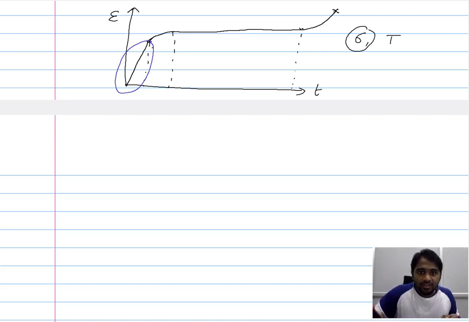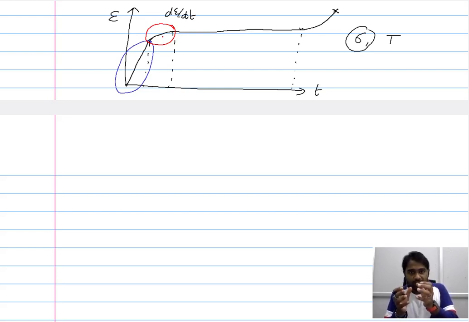So here you have the strain and here you have the time. One can say the slope of this curve is gradually decreasing, meaning the rate at which the strain occurs in this stage is gradually decreasing. So this stage is referred to as the decelerating creep stage. So you have an instantaneous creep stage, and a decelerating creep stage, because at this stage the rate at which the strain occurs, the amount of strain exhibited by the material for a given amount of time, gradually decreases, and therefore we refer to this as the decelerating creep stage.